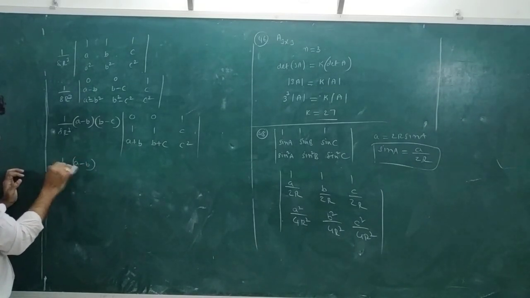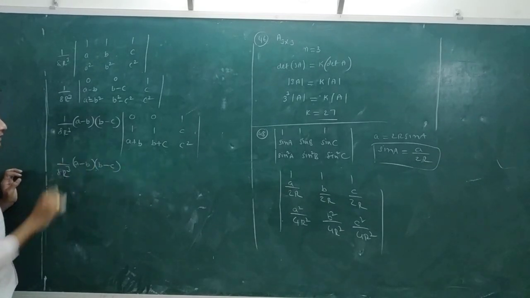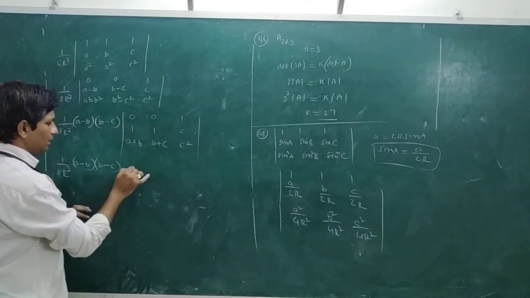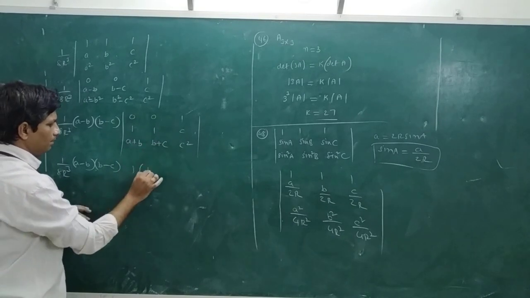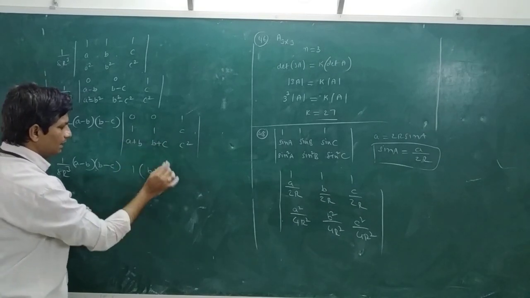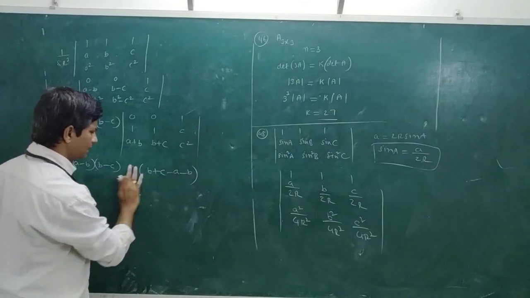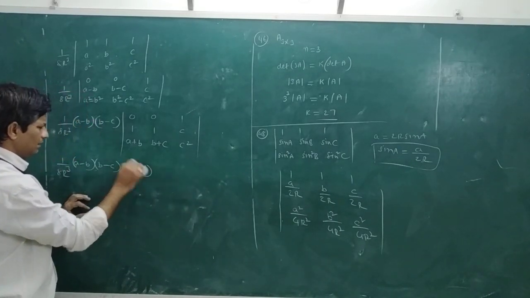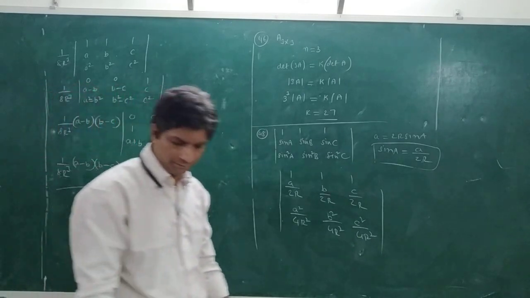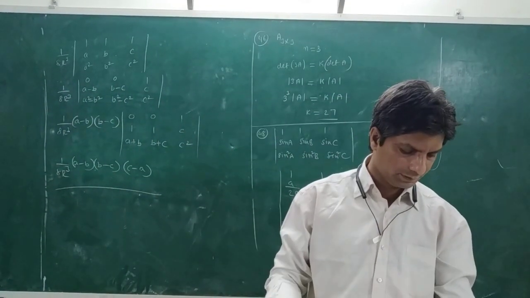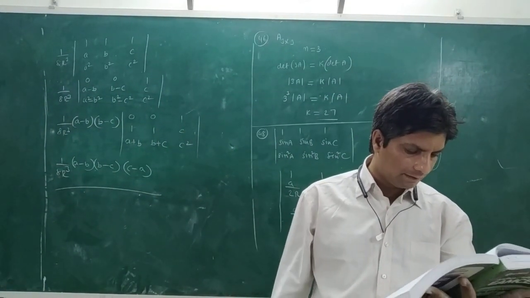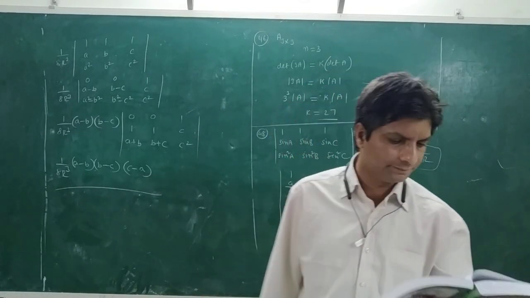This is A minus B, B minus C. 0 to something, 0 to something. This is how much will we get from 1 into B plus C. Take 1 inside, minus A, minus B. So the answer is what? Actually B gets cancelled. What is the final answer? This is the answer. Understood? So this is problem number 48.